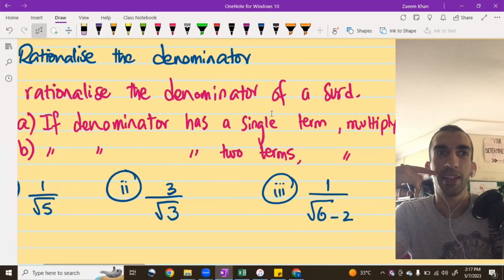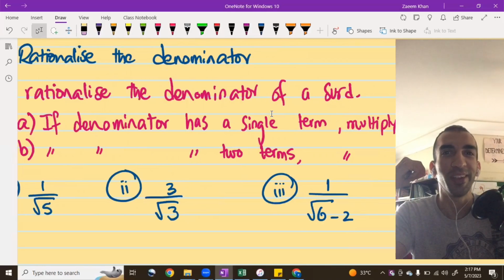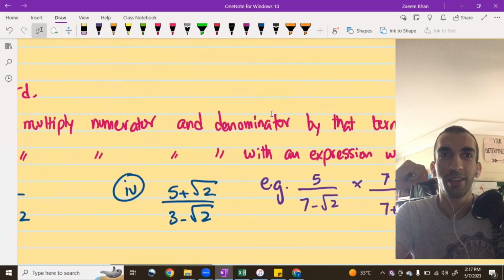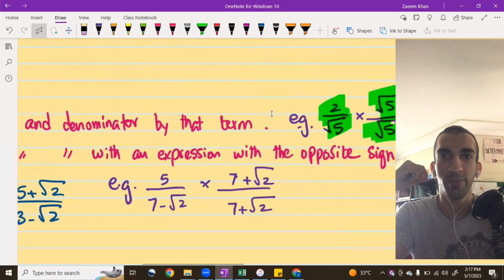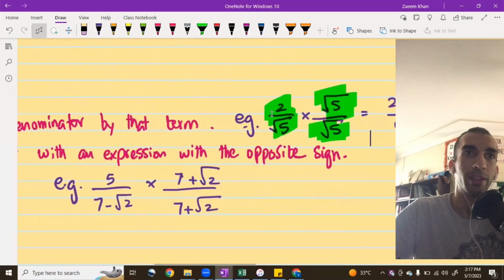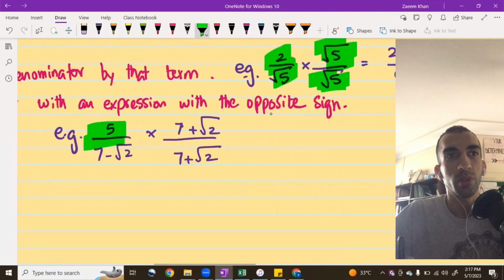Double dashes basically mean I'm writing the same thing again. Instead of writing it, I'm just trying to save time sometimes. If the denominator has two terms, multiply numerator and denominator with an expression with the opposite sign. Now that might seem like a lot of technical lingo, but essentially what they're saying is